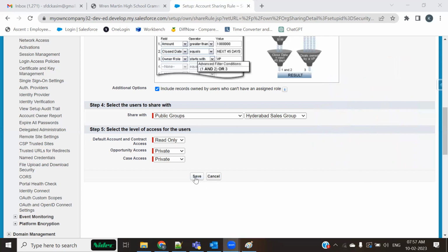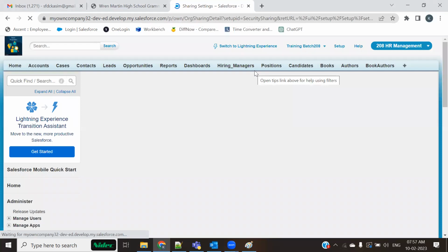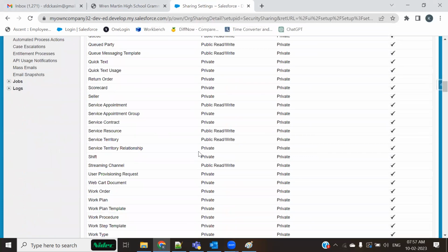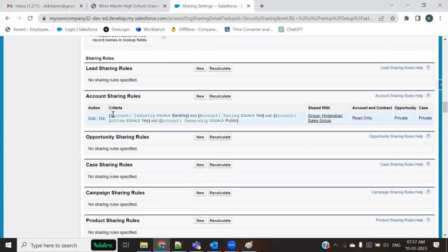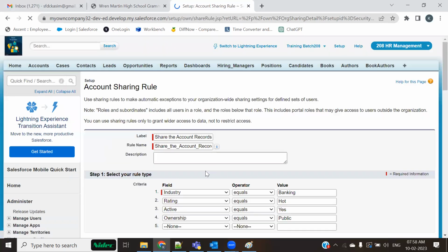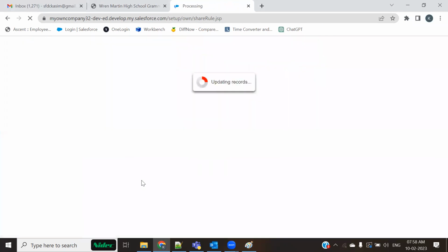Right? Let me now save this record. Okay. Now if you scroll down and go to the sharing rules, you see in the account, this is the sharing rule. If you want to make any changes over there, you can just go and edit and save it again. When you edit this, for example, if I make any changes over here and I save this,